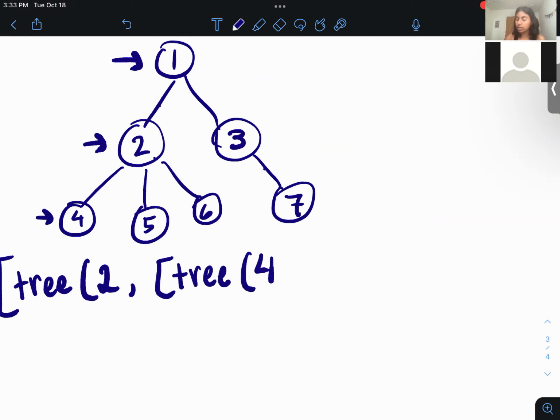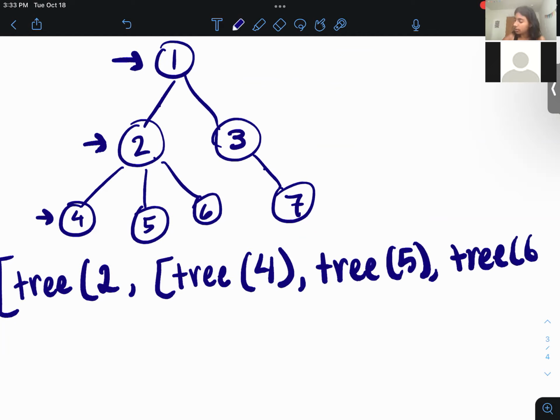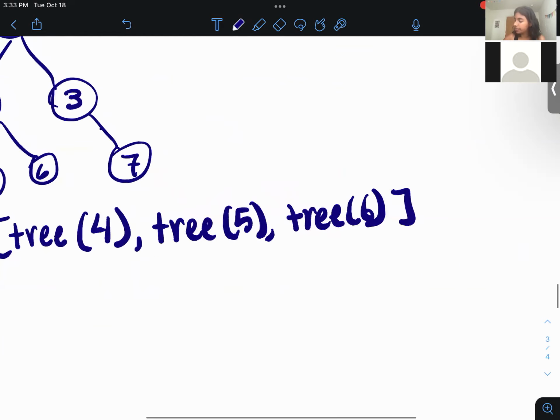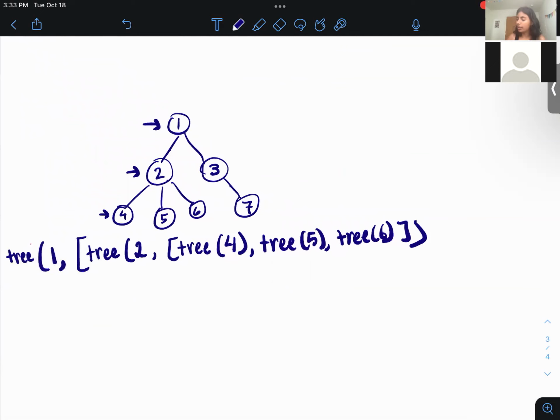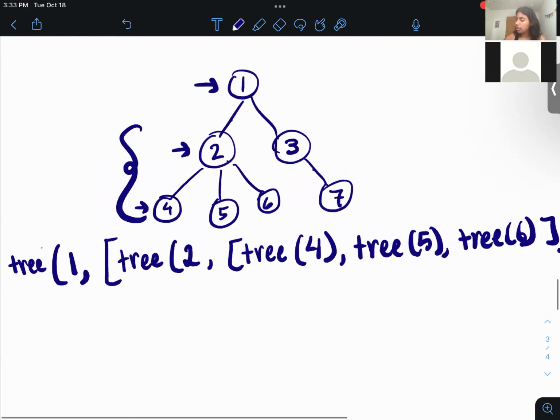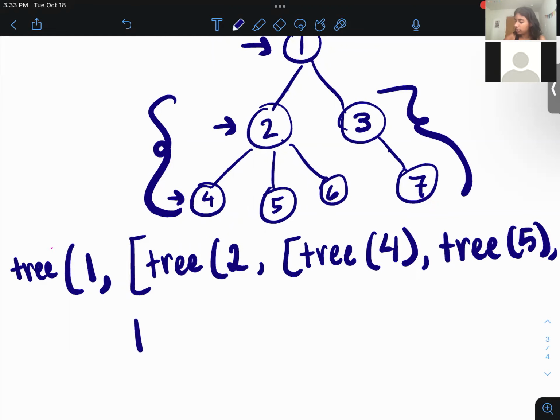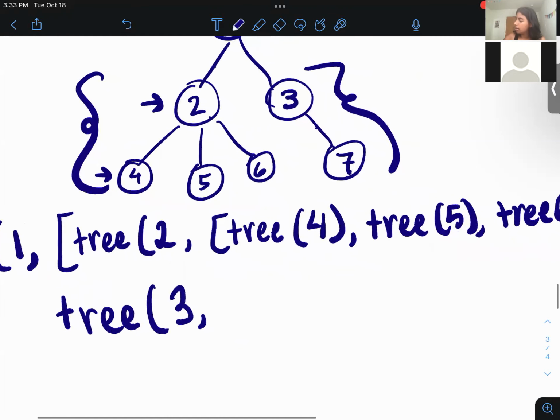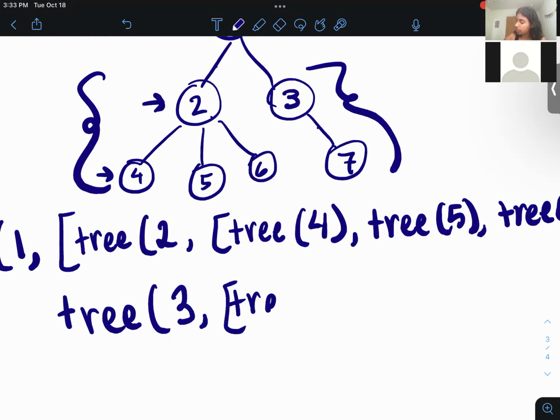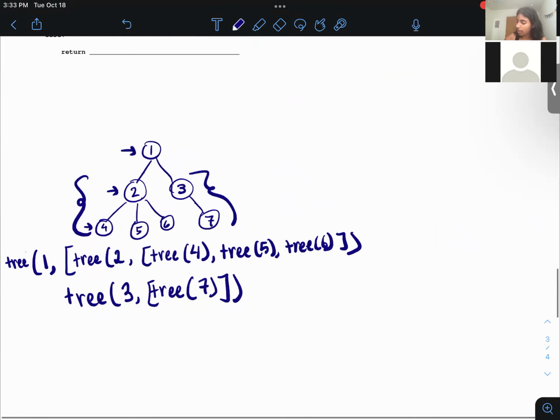So this node does not have any branches, and right here, same for 5 and 6. And we finished this first part. Now let's move on to this. And then this also has branches. And now we finish creating all the trees that make up the branches of the tree that starts at node